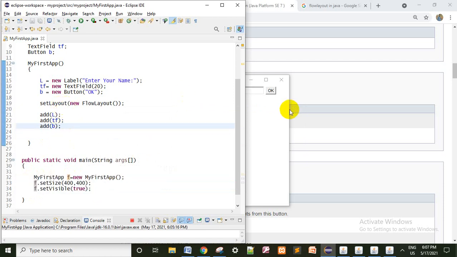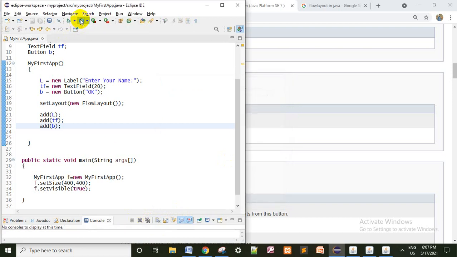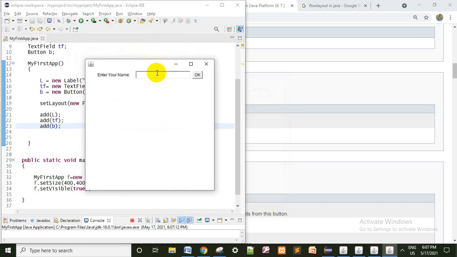Now I will close this one forcefully and execute once again. Now I will enter something. My name, assume Shravan Kumar. It will take up to 20 characters and display them. You can enter 100 characters, but it will display only 20 characters.